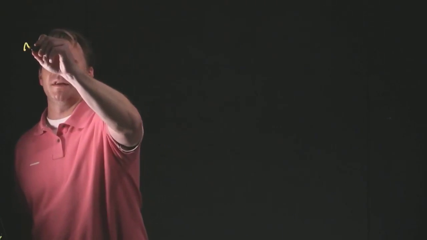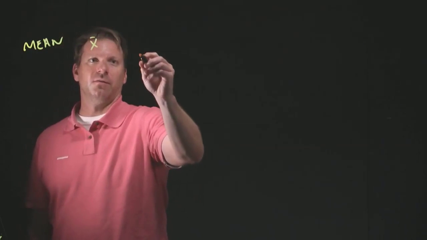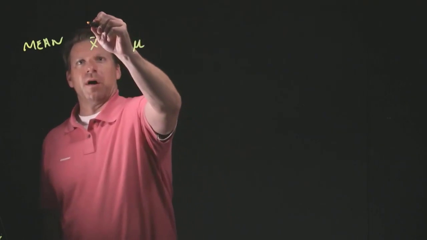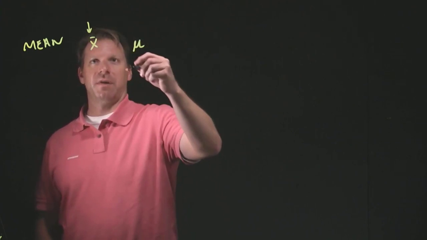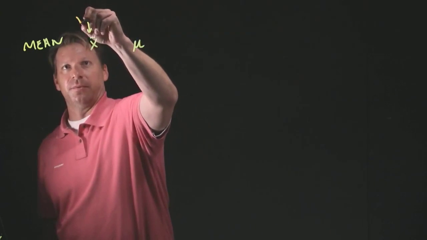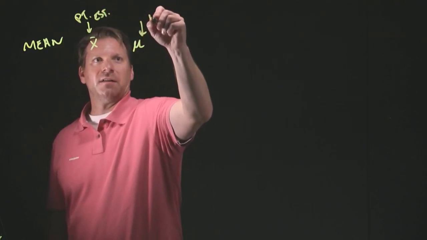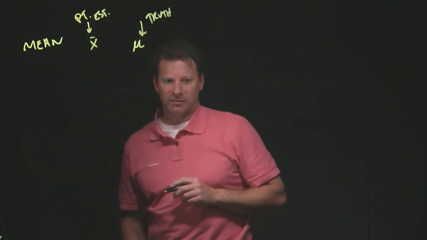If you think of a confidence interval, if we look at a variable that we're familiar with, if we look at a mean calculation, we have two different mean calculations. We have an x-bar and mu. The x-bar does not represent the truth. The x-bar represents some estimation of the truth. This is going to end up basically serving as our point estimate. This value is the truth. That is hard to find in most cases within statistics.